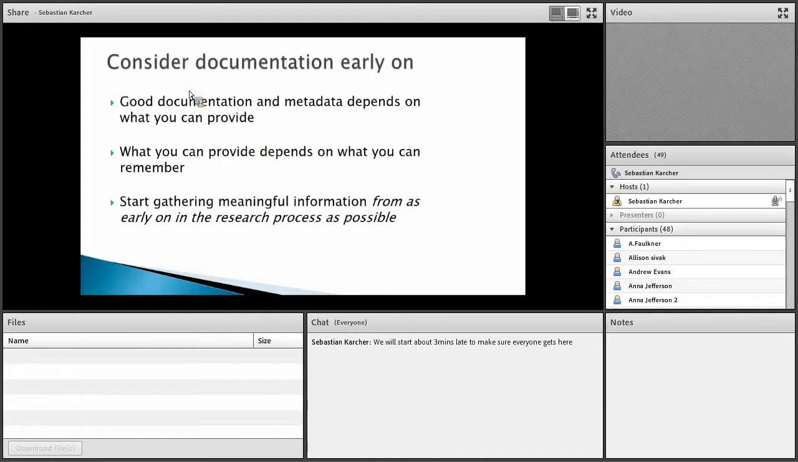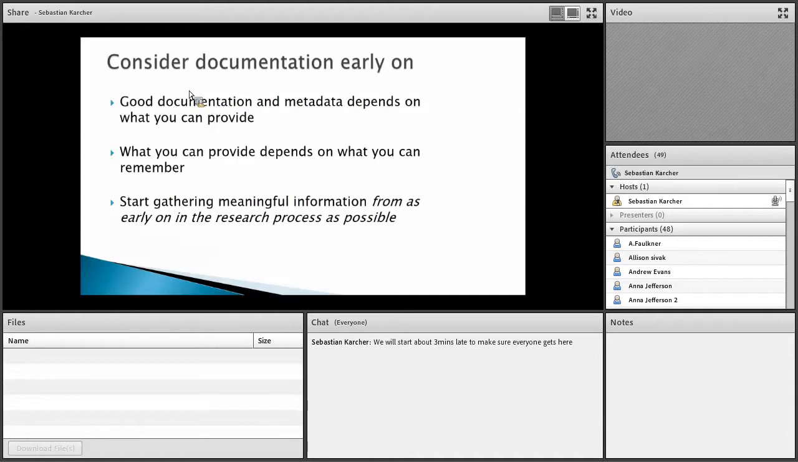Good documentation and metadata, about which we're going to talk in a second, depend on what information you can provide. What you can provide depends on what you can remember. And so in order to remember the most and all the relevant information, you need to start documenting things and writing down the information from as early on in the research process as possible. Documentation, in other words, is what ties the original plan, which itself is a document, right, the documentation file,